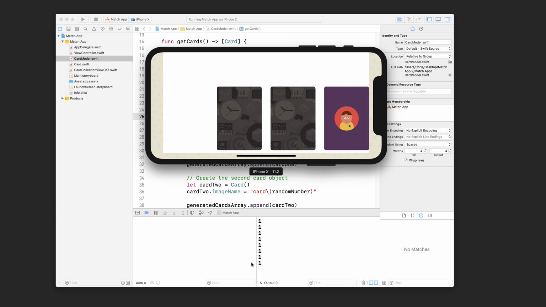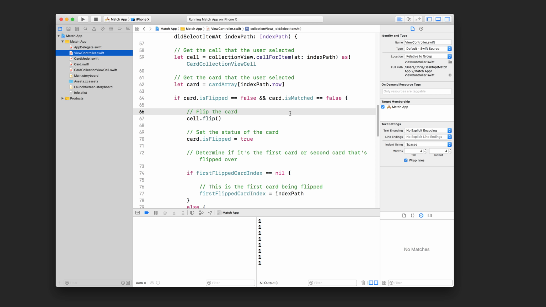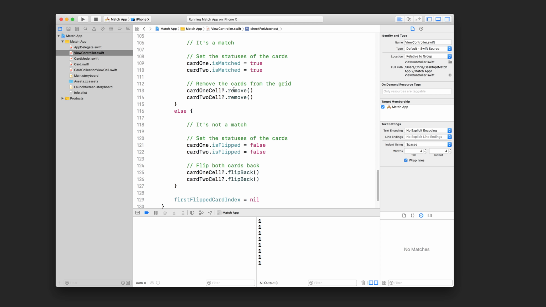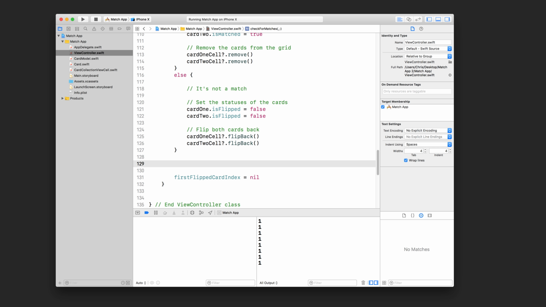And how we're going to solve this problem is we're going to force the collection view to reload this particular cell. And it's actually got a method to do that. Let's go back to the view controller. Inside the check for matches method, at the end right here, we are going to tell the collection view to reload the cell of the first card if